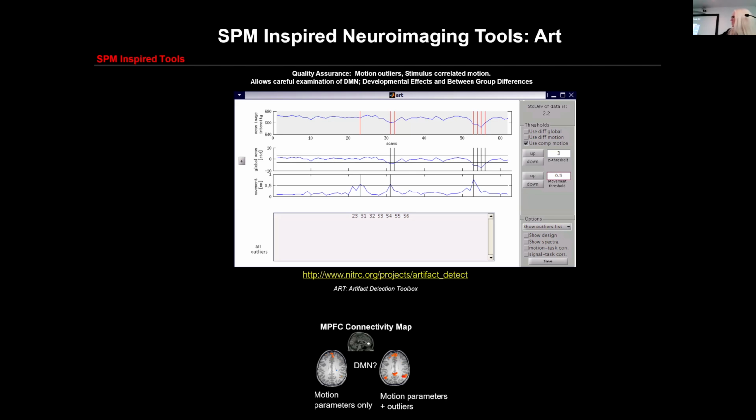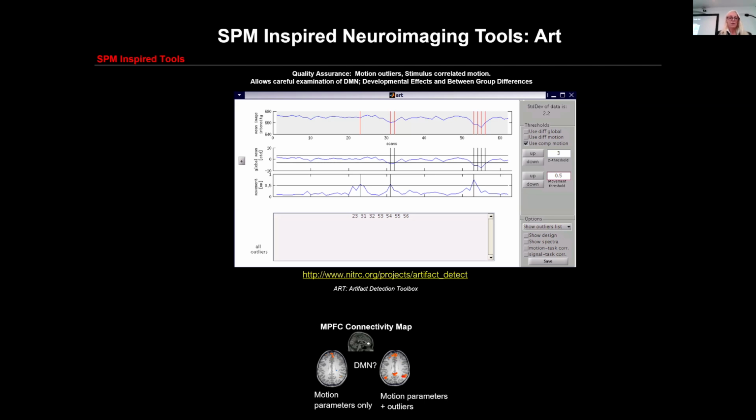And then we did the same analysis, but we regressed out those additional nuisance covariates. And what we found is that when we did not regress out the nuisance covariates, we did not see the default mode network. But as soon as we did, you can see that the PCC and lateral parietal cortices pop up. So that was a monumental finding for me, because when we're looking at fMRI task and resting state in clinical populations, oftentimes people move more. We're also looking at developmental work.